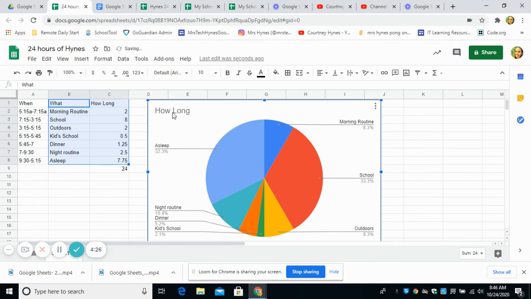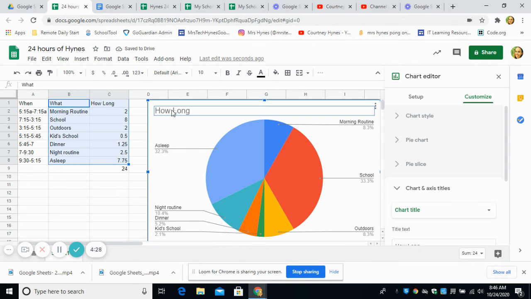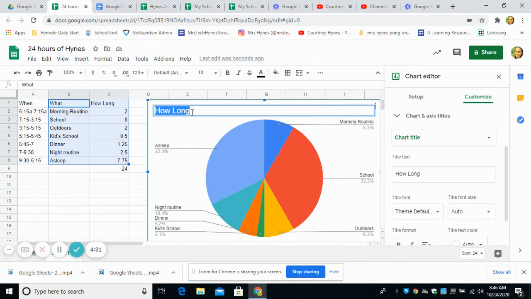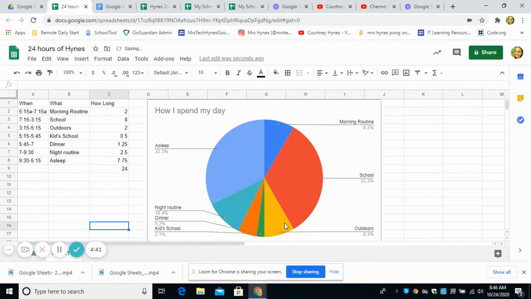Instead of saying how long, you can edit the chart title by double clicking right on it. So I'm going to say how I spend my day. And this is going to tell me exactly, in a nice graphical format, what I do with my day. It's really nice because I have a complete 24 hours and you can see what percentage of my day I